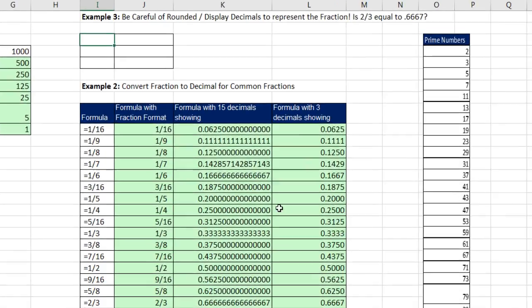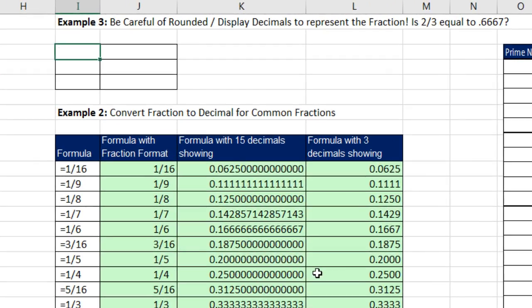So I'm going to list a label here. So we can do that with lead apostrophe 2 divided by 3, enter, lead apostrophe 0.667, enter. And I'm going to say, are they equal? Enter. Now here I'm going to make a formula, equals 2 divided by 3. If you really want 2/3 in Excel, type it in like that. Because if you type in